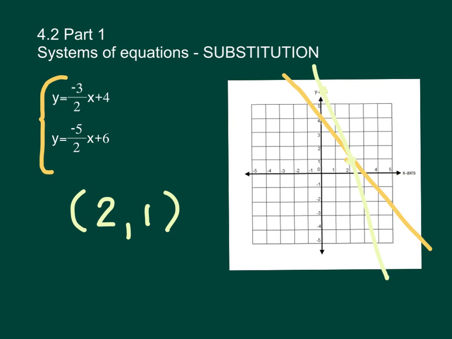Keep in mind, that's what we're doing when we're solving a system of equations: we're looking for where the lines cross. You should also remember that lines don't always cross. If you end up having two parallel lines, you'll have no solution. And if you have two lines that are actually the same line, one on top of the other, then those two will cross everywhere and you'll have an infinite number of solutions.